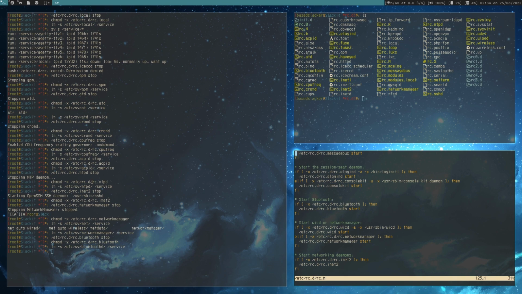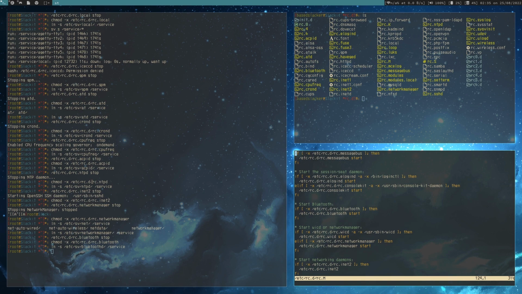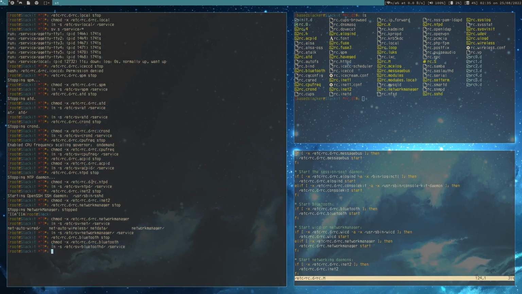Now for elogind, there is not a Runit service for elogind. I don't need elogind. I know if you're running certain desktop environments, I think KDE and GNOME, I'm pretty sure, need it. But since I run DWM, a minimal window manager, I don't need elogind, so I'm just going to go ahead and get rid of it. Again, if you're on a full-blown desktop environment, I would not mess with elogind. The current Runit scripts that I have, none of them have elogind. So if you do need it, just let rc.m handle it through Runit's stage 1 init script. Easy enough. I'm not going to disable it, but I'll just go ahead and